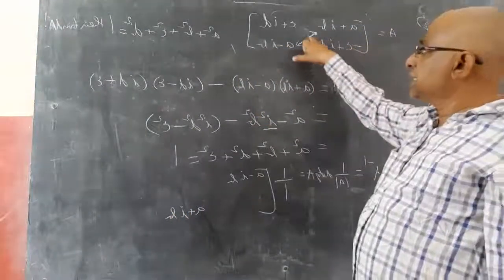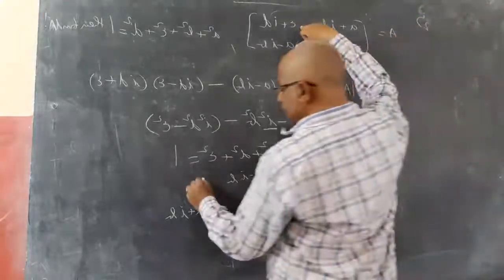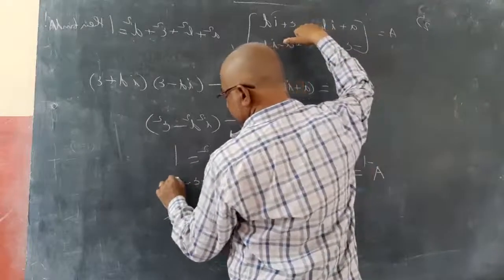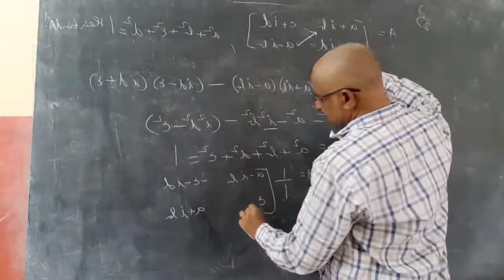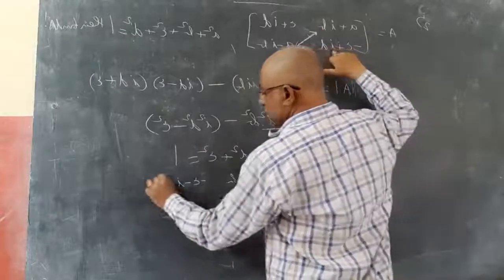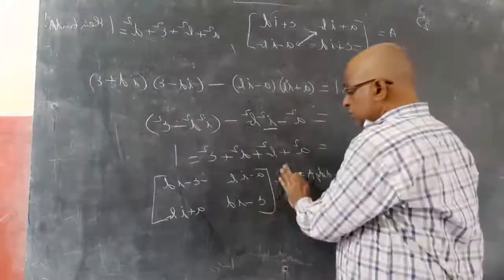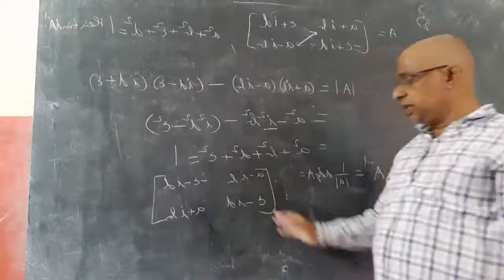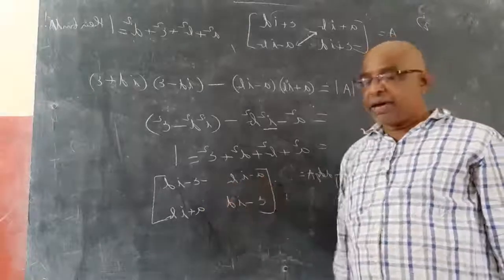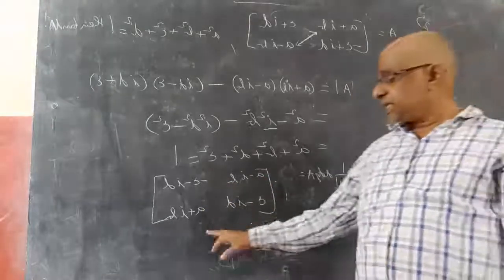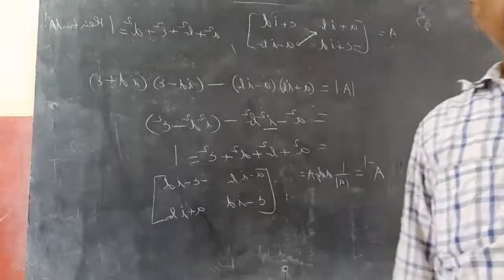Next, these two elements are to be changed in sign, I told you. So this is c plus id, so minus c minus id. This is minus c plus id, minus id over. This is adjoint. Now 1 by 1 is 1 only. So this into this gives you A inverse. So 1 into this is that only. So A inverse is finally [a - ib, -c - id; c - id, a + id], which is nothing but your A inverse.